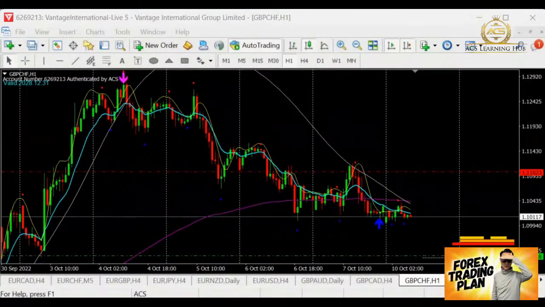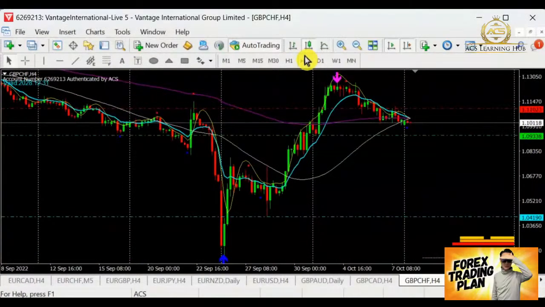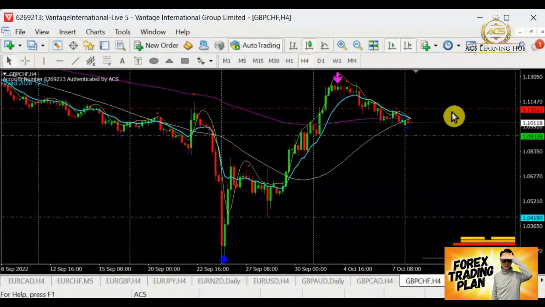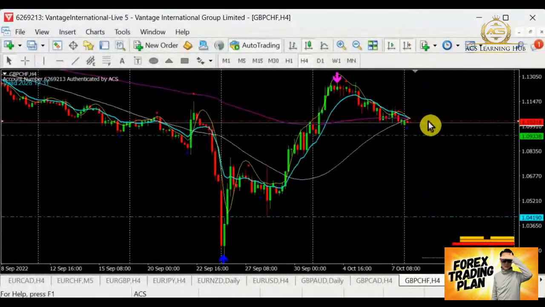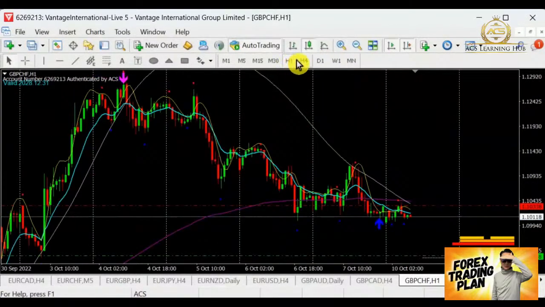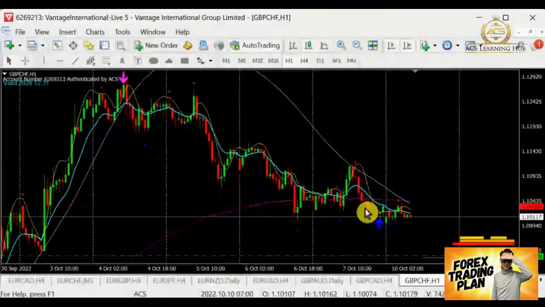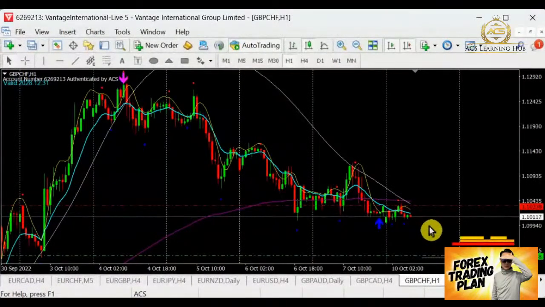The same thing is that if the pound franc is retracing upwards, it's looking out for a resistance before it comes for a selling. So where will be the resistance? Right now we are on the resistance. It has already tested the resistance and now it's going for a selling. Pound franc. All right, I'm going to put pound franc into my watch list, so that later on I'm going to sell this.